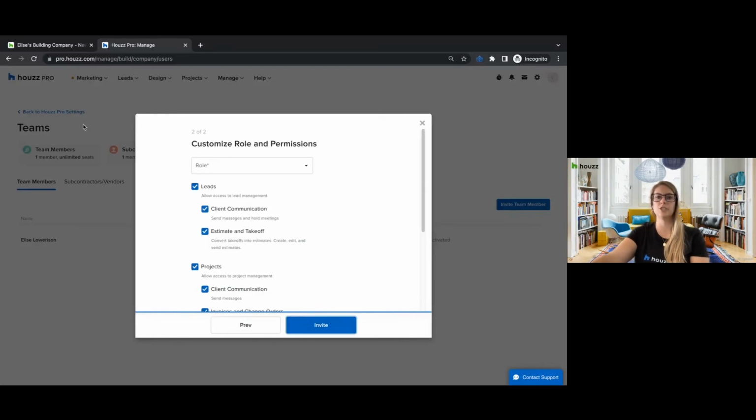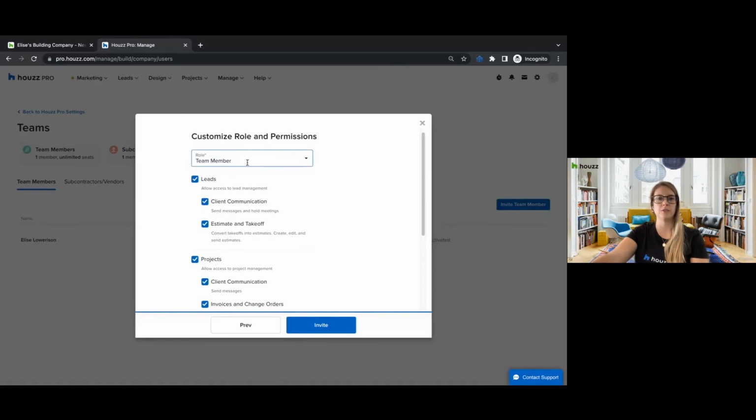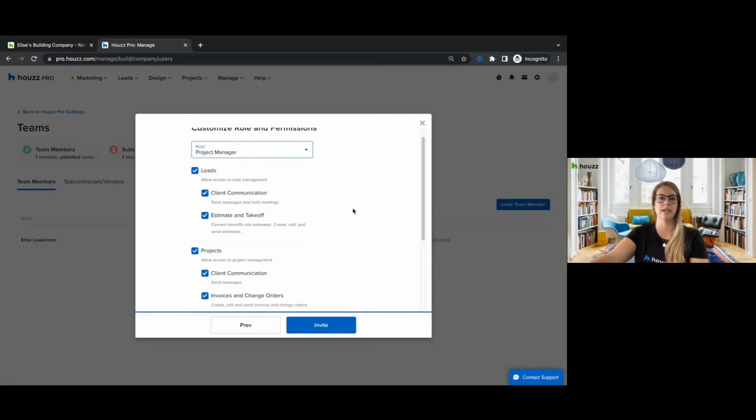And then next, you can actually customize the permissions of what both your team members and your subs have access to, based on their role. You can also change this if you'd like. You can customize this and say maybe project manager, and all you do is type it in and then click to add. So this is basically saying, my project manager, who's my number 2 at the company, they